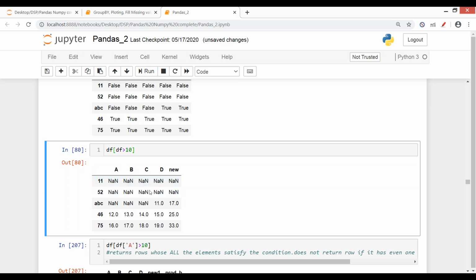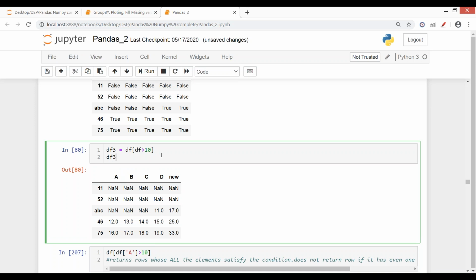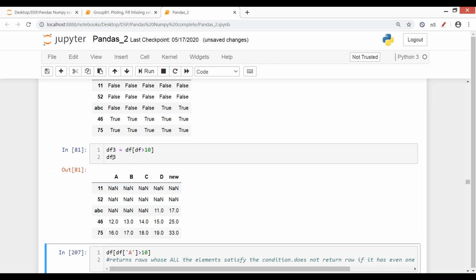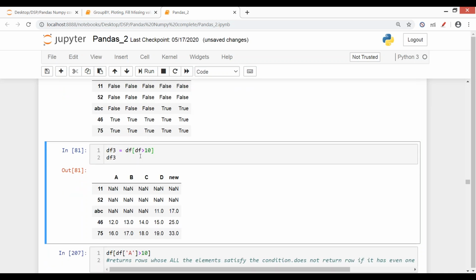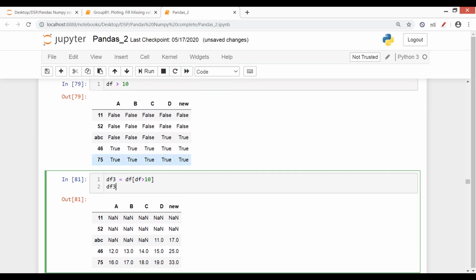Now we can drop missing values; we'll see how we can drop them. But when you just want to filter, you can create another data frame out of it. Let's say I create df3 out of this, and when I print my df3, this is my new data frame. So you can create new data frames out of it, given just a simple condition, or you can apply more conditions as well. This was a simple example. Does anyone have any confusion in this one? How did we get the values? Quite simple, but still, anyone having any confusion?